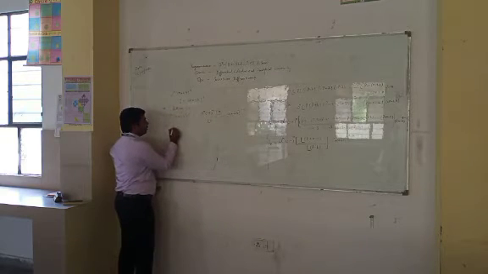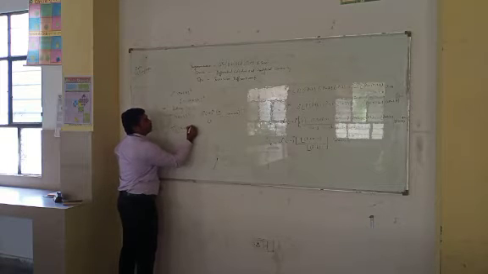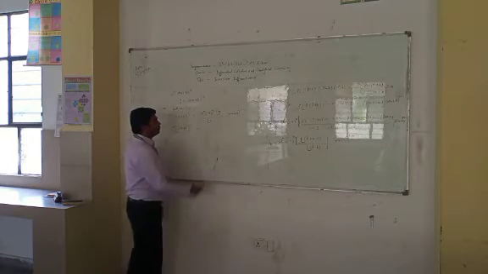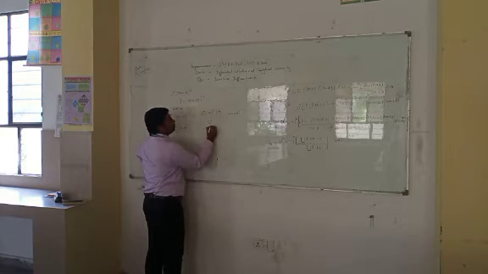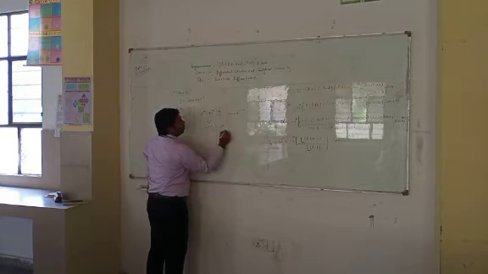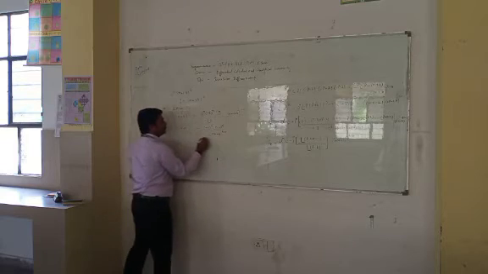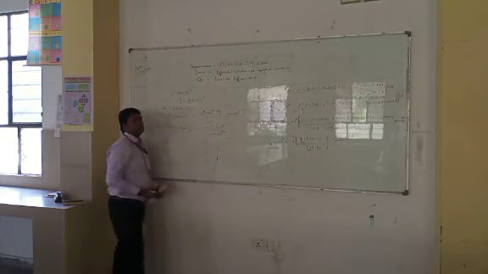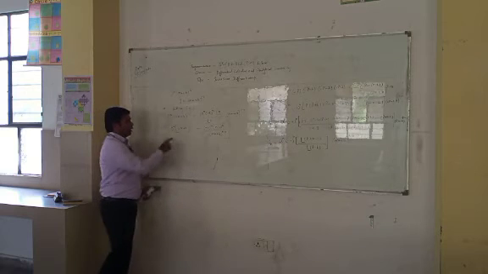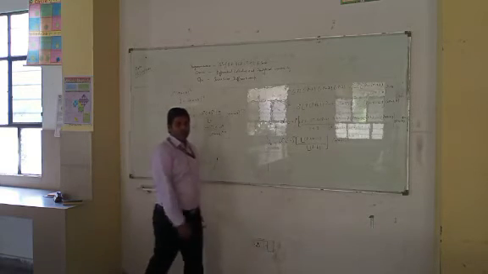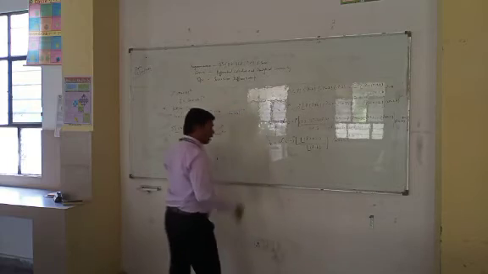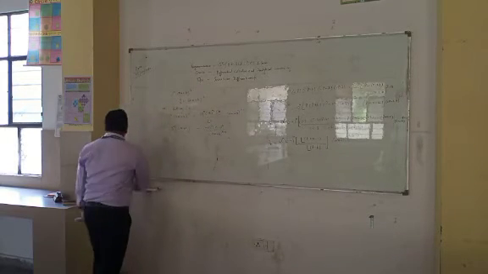Again, this can be written as d to the power n of ax plus b to the power minus 1 is equal to minus 1 to the power n, factorial n, a to the power n upon ax plus b to the power n plus 1. This is the formula for the nth derivative of ax plus b to the power minus 1. Now the next formula is